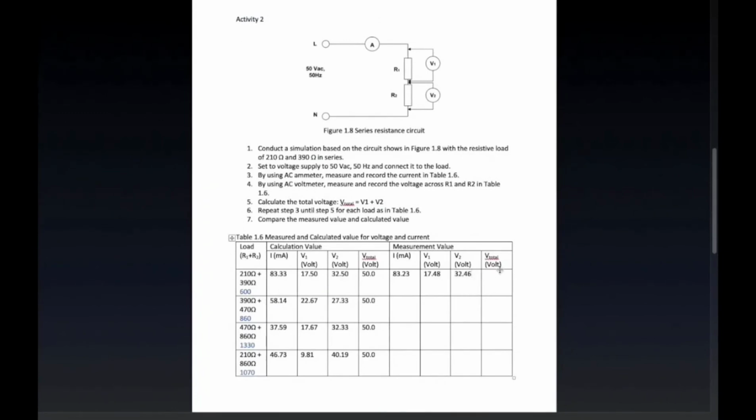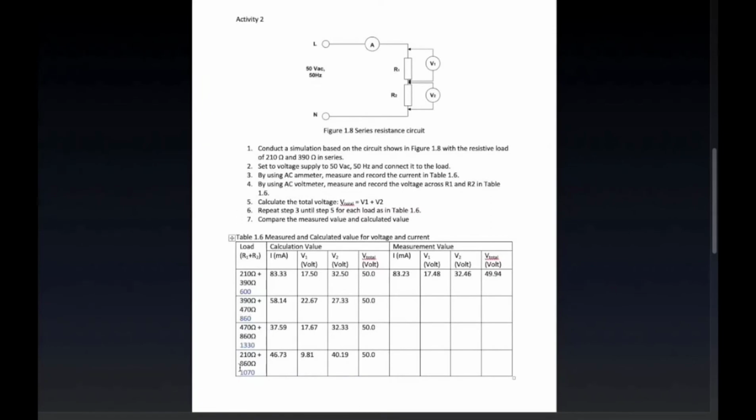Now, to measure our V total, we need to sum up our V1 and V2. Let's calculate here. And I get 49.94. Now I will be doing 390,